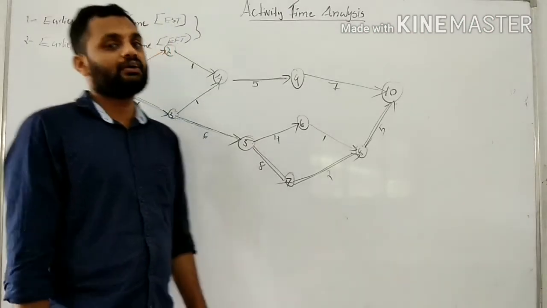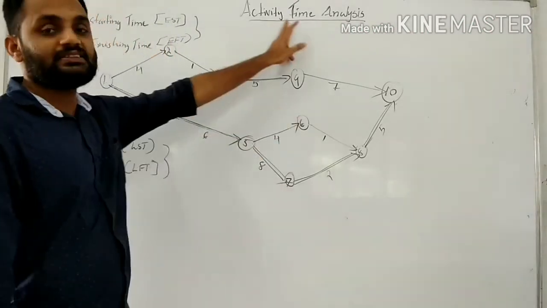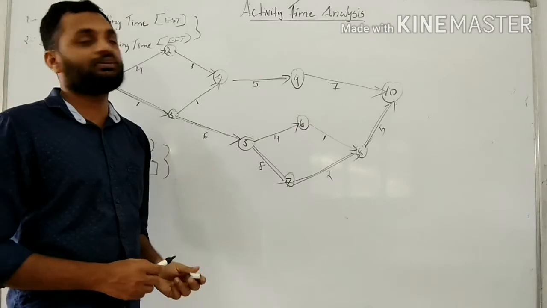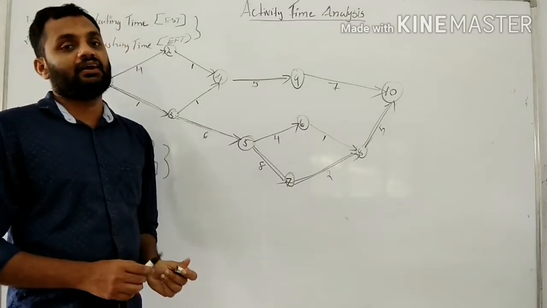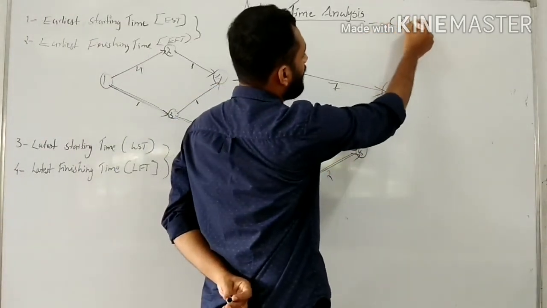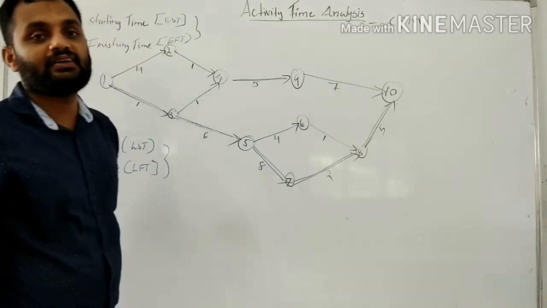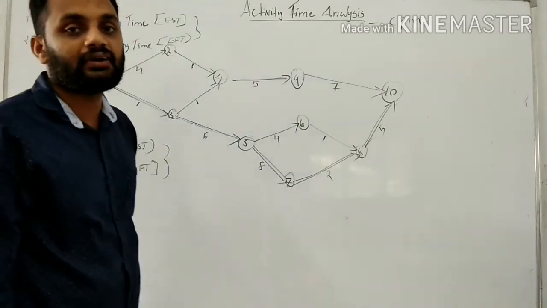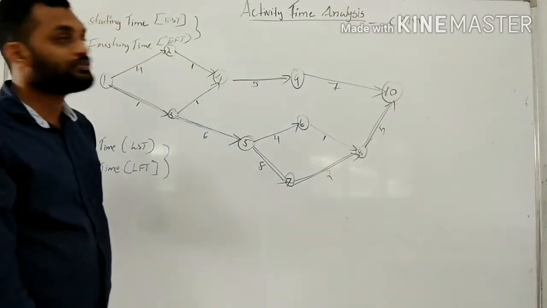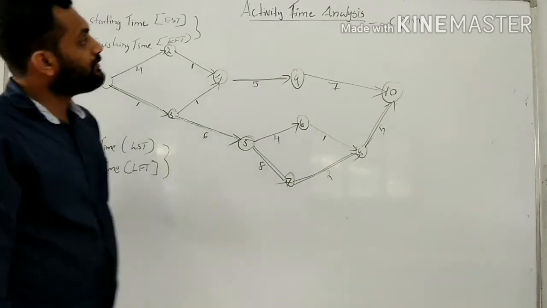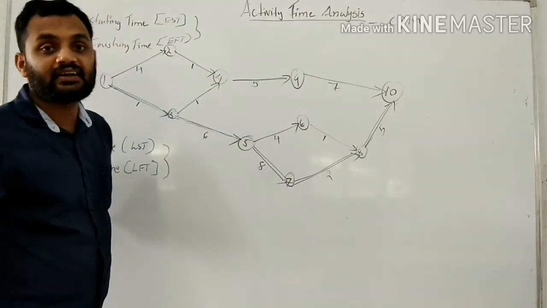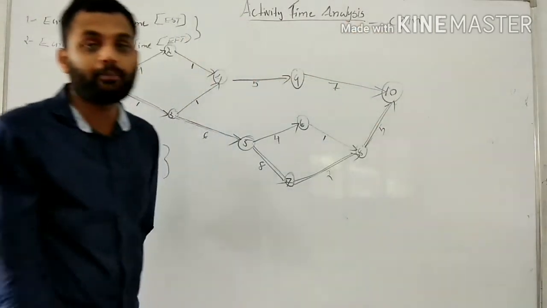Morning, dear students. Today we are going to discuss activity time analysis in network diagram. In the previous class, we discussed event time analysis, and we know activity time analysis is related with CPM, critical path network diagram. In the last class, we discussed there are different techniques for network analysis. Among them, CPM and PERT are the most commonly used methods. CPM concentrates on activity. So activity time analysis is related with CPM network diagram, the critical path method.